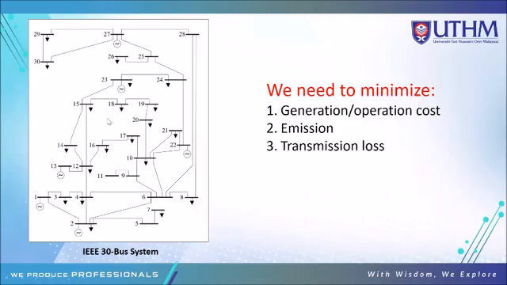Of course, we need to transmit power from the generator to the customer, to the residential. We have transmission, and of course, we have losses. The question is how to minimize the losses. This is the real problem in my field, in power system application. I believe you have your own problem in your field regarding the optimization problem. Maybe you try to minimize something, cost, traveling path, and so on.